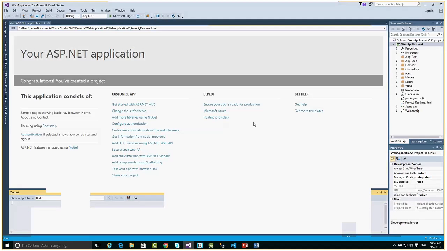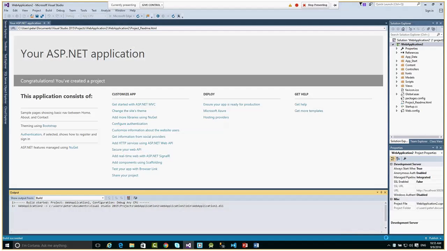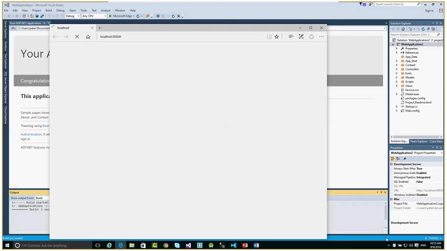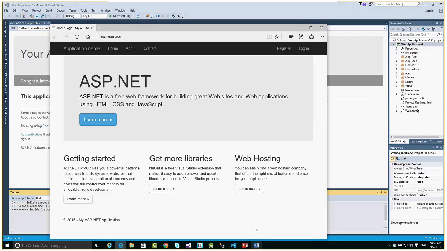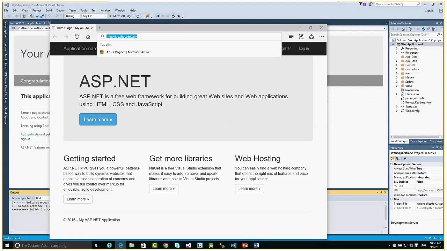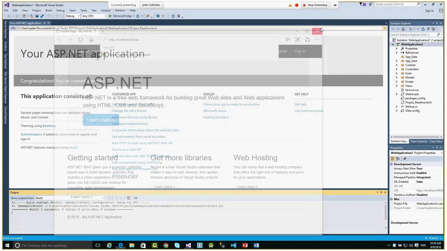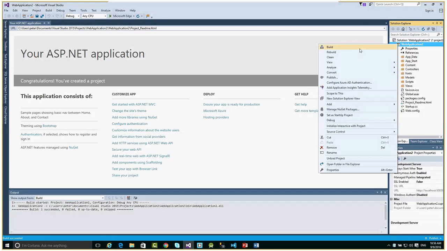And so I'll try Control F5 to run this. This is going to spin up the development web server on my local machine. It's also going to spin up a browser to view that page all locally, and this is what it looks like on my localhost. See that URL? It's localhost port number 50026. So what would this look like on my Azure account? I can right mouse click on here and publish this